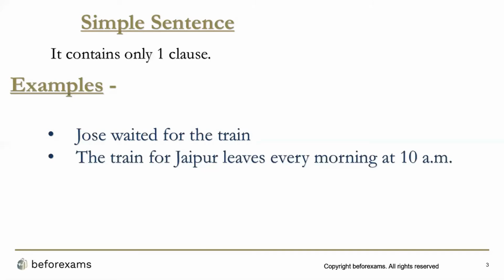The sentence says, the train for Jaipur leaves every morning at 10 a.m. Look at the last 4 words, morning at 10 a.m. If I'm using the word morning, I am not allowed to use a.m. If I have used morning at 10, that means 10 a.m. only. So this is a common mistake that we make while speaking or writing,